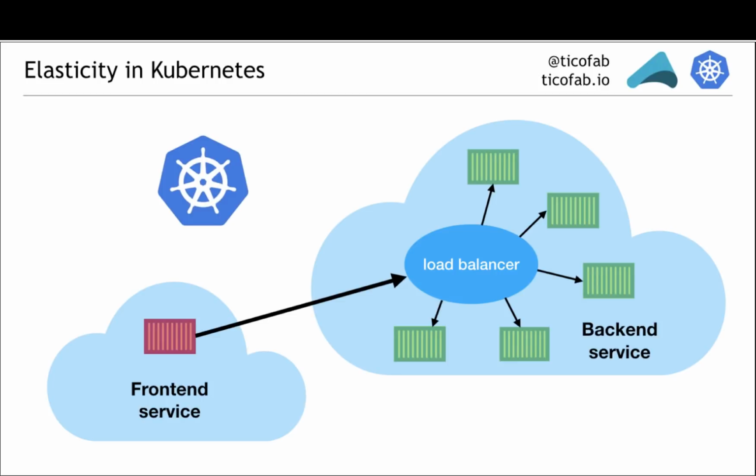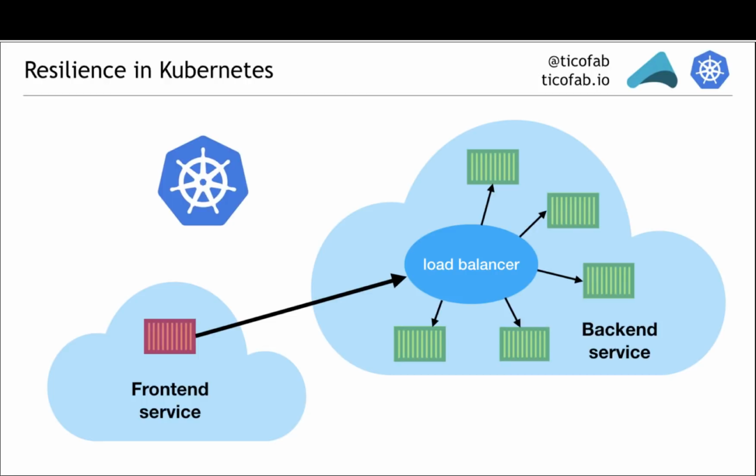How about resilience in Kubernetes? Well, given the same situation, let's see, for instance, one of the pods in the backend service might crash. And Kubernetes will detect that and will immediately remove it from the load balancer so that the traffic won't be routed to it anymore. It will then completely eliminate it, and if needed, restart it fresh. So as simple as that. This is the concept of resilience in Kubernetes, and all this has been done transparently to the front-end service. It didn't realize that something was happening in the back-end service.